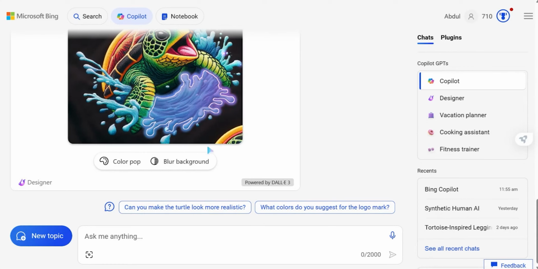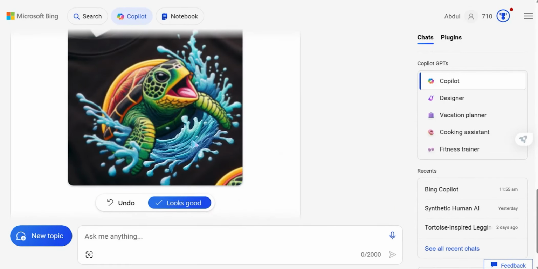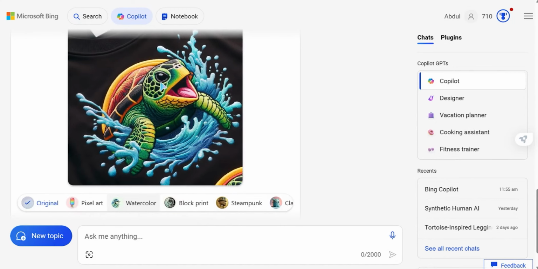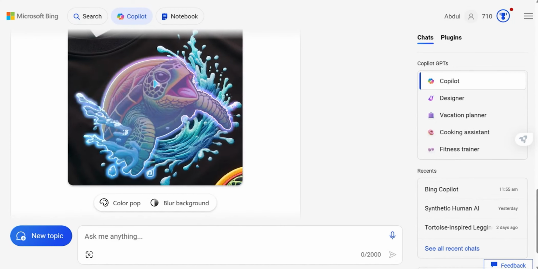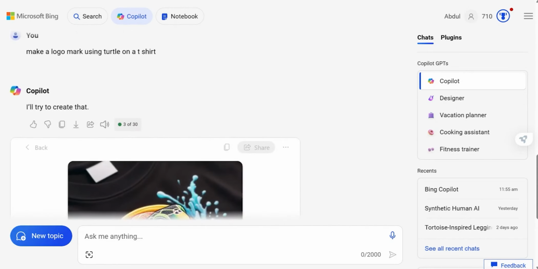If I want to blur or pop anything, I can blur it out. So this looks good. I want to undo this. I just want to focus on this, with a blurred background. So you are able to see that the prime focus is on my tortoise that is hand embroidered, and everything else is done very differently.